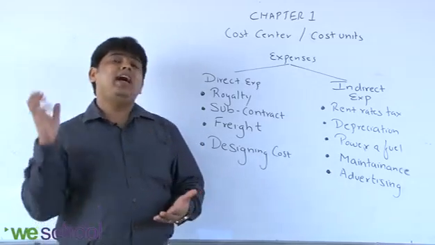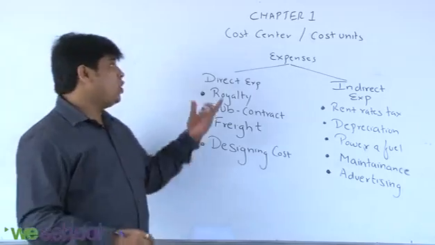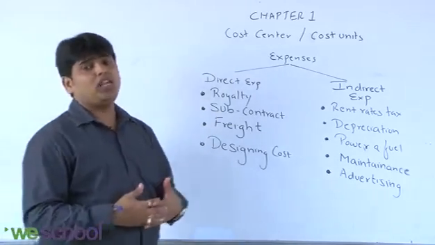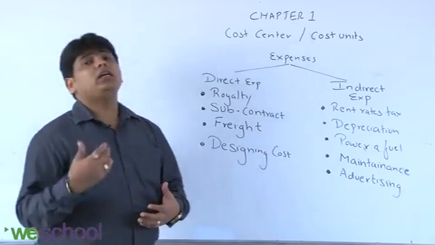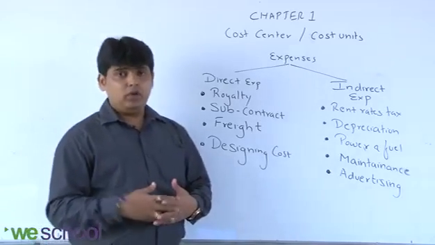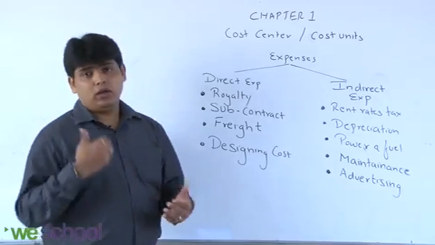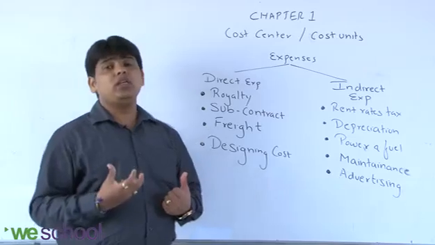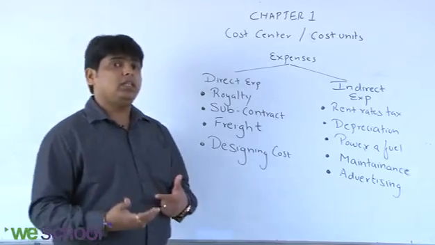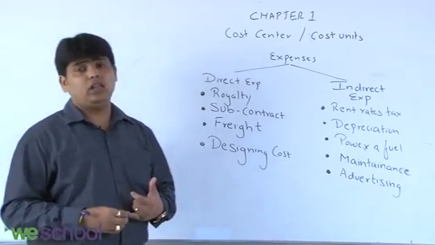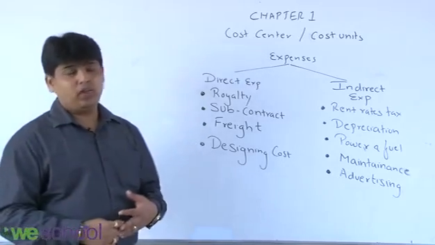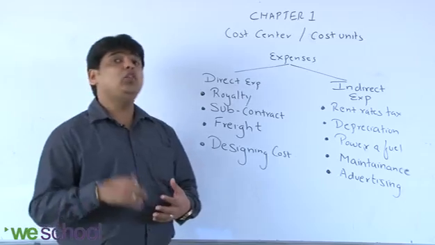Direct labor and direct material. Now we'll talk about direct expense. Now what are direct expenses? Direct expense is more or less factory expenses or the selling and distribution expenses, because they are charged directly on the particular product. Right? Royalty on the technology which you are using for the production. They are called technical know-how. So we have to pay royalty for that technology, for getting that technical know-how.